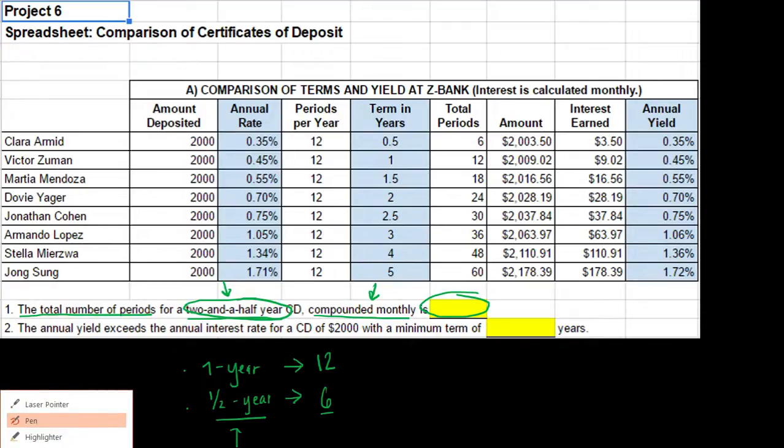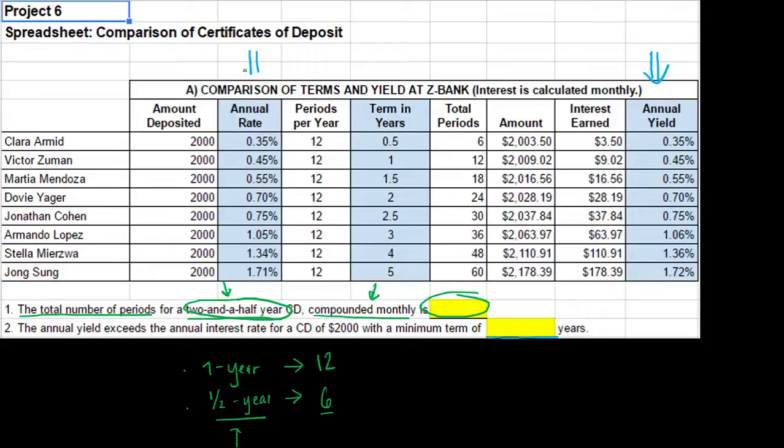Now the second question says, the annual yield exceeds the annual interest rate for a CD of $2,000 with a minimum term of how many years? So we're looking at annual yield, and we're looking at annual interest rate. And I want to know at what point the annual yield exceeds the annual interest rate for a CD of $2,000. Okay, so notice that all of these have a deposit amount of $2,000, so they're all included as we